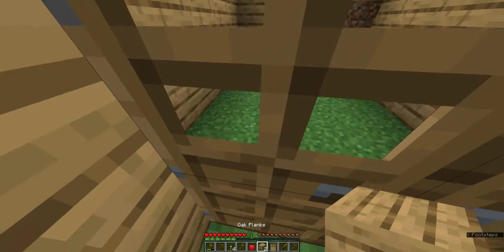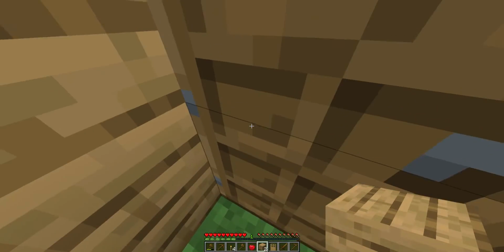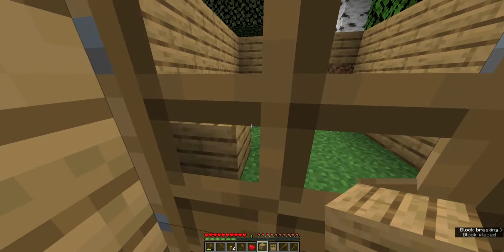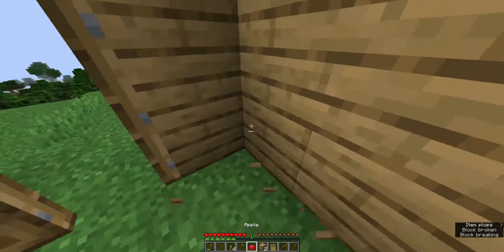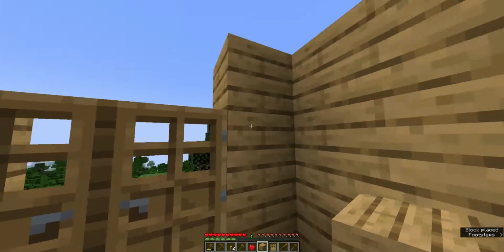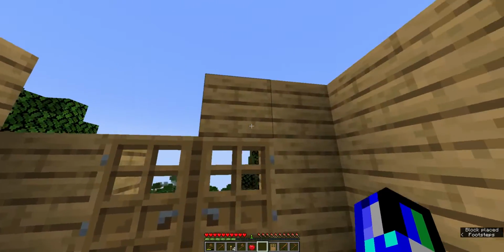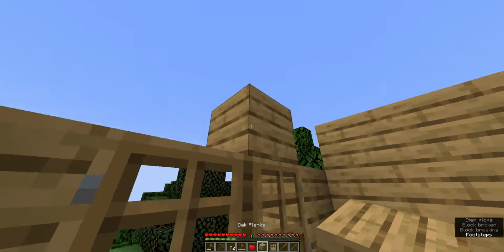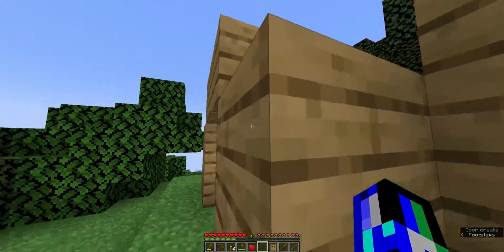I will place blocks on top. Now, again, to place blocks on things that already have a right click function, you crouch and right click. Oh, whoops. You crouch and, well, you don't usually need to, but in that case I was not able to. Now I'll break this and then place that there. My doors have things on top now. We've begun our house,